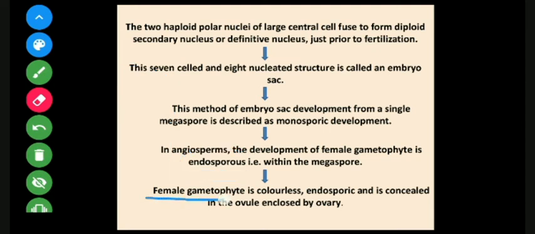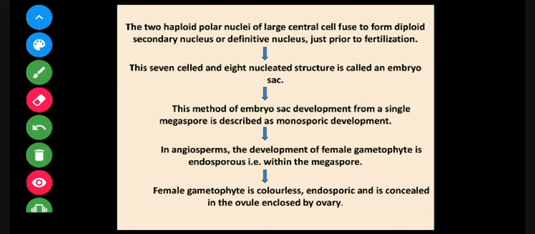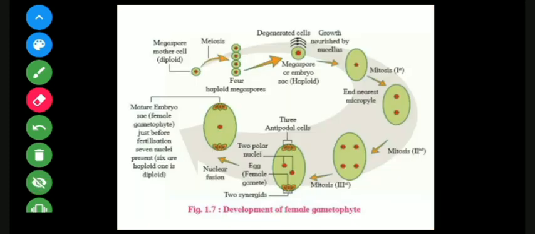Now you have to remember this female gametophyte that we have just studied, where exactly is it present? It is present in the ovule, which is enclosed inside the ovary. Remember what the ovary is? In the starting I said: stigma, style and ovary. Stigma is the receptive part where exactly the pollen lands. The style is the part through which the pollen tube enters and reaches the ovary. So this is the part exactly where the ovule is present, inside which the female gametophyte is there. Okay, so this was about the entire developmental stage.